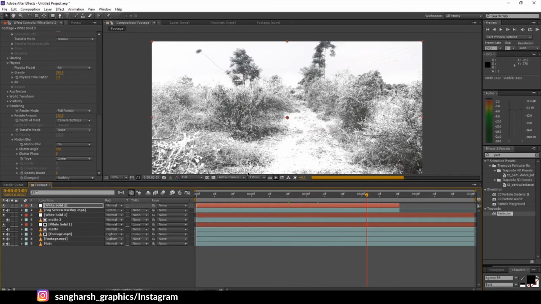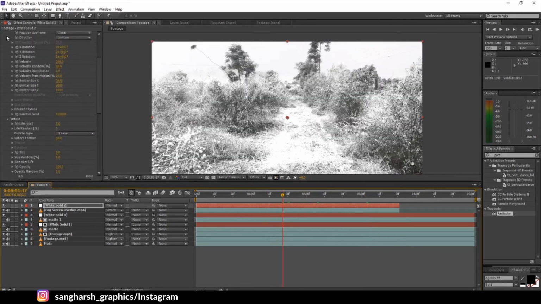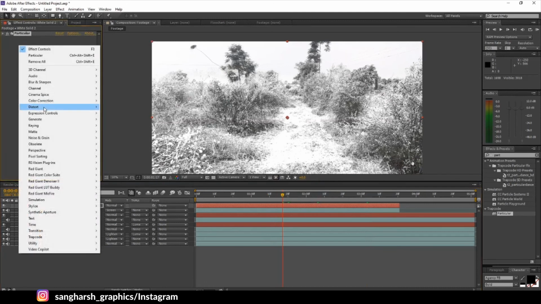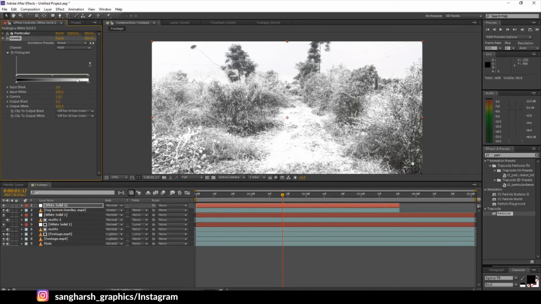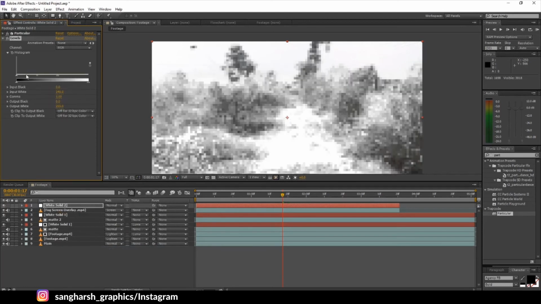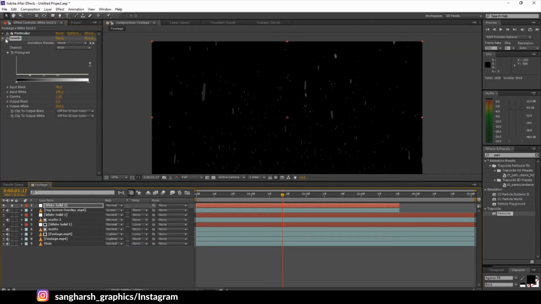As you can see, our scene is too bright, so we can't see these particles. So just minimize Particular, go to color correction, add levels to it. Okay, we will increase its whiteness. Let's just apply it on top of here.